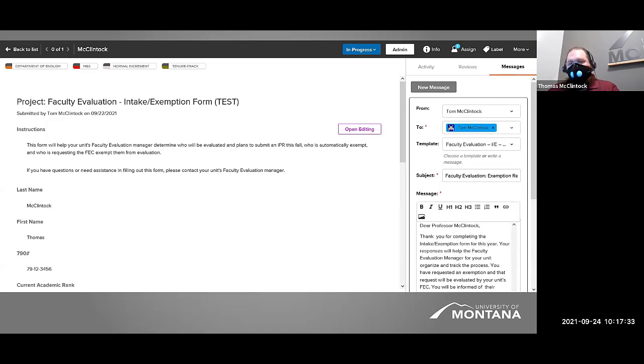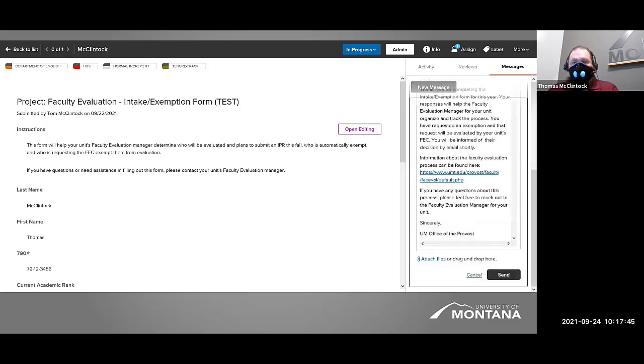And that template is basically just letting them know we have your exemption request. The FEC is reviewing it. We'll let you know by email what their decision is. So we go ahead and just hit the send button on that. Once the FEC's completed their